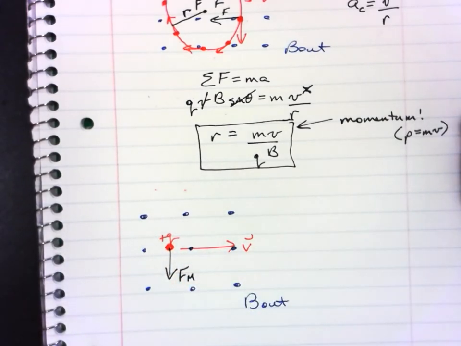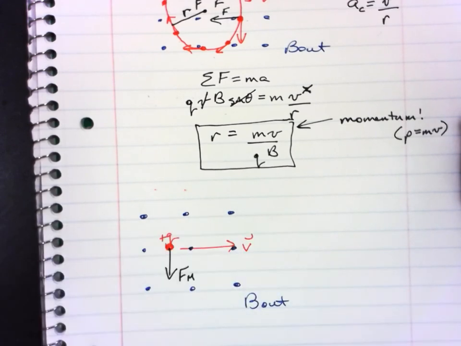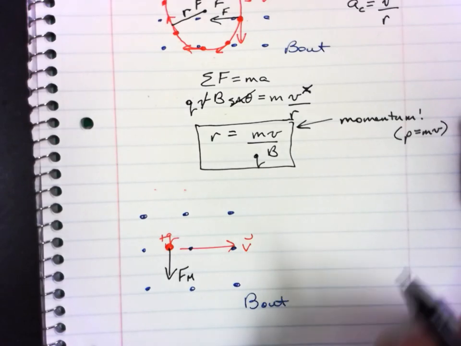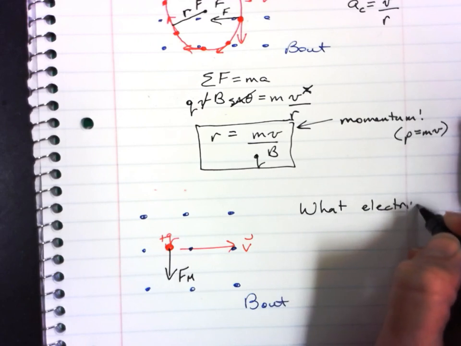Now I'm going to put an M on there because I want to add something to this. We know the magnetic force from the right-hand rule, B is towards the bottom of the page. But I want to make this particle not turn. I want it to go straight through. But I want the magnetic fields to still be there. So the question is, what electric field